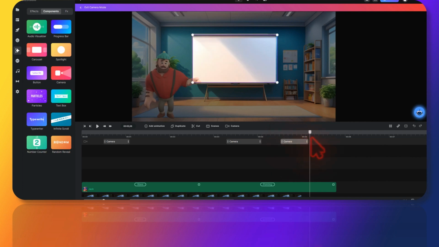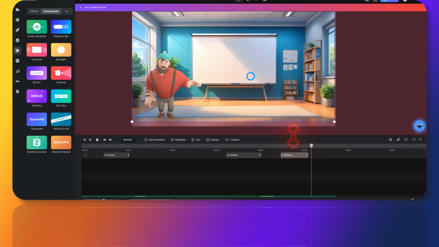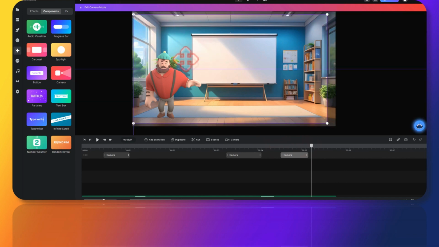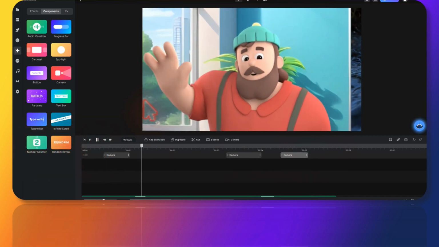And now I have to come to this point at the end and just revert it back. I can just zoom it back just like this. So if you go out of the canvas, sometimes it will show this red color. That means our camera is out. So yeah, now we have the full frame just like this. So if I just play it again, then you will see the movement. So I'll just play it. See,